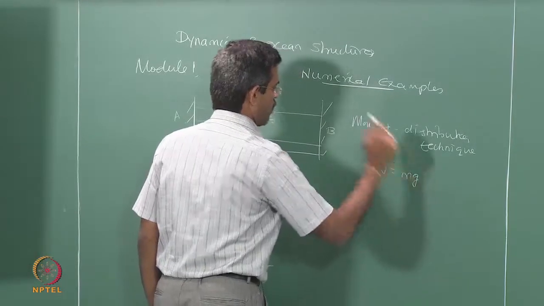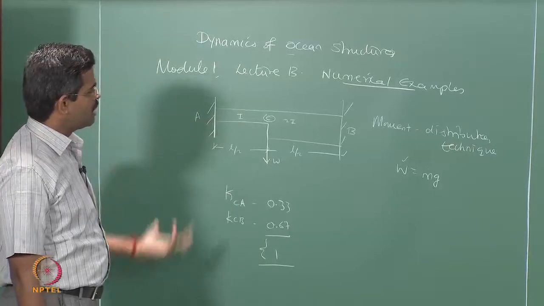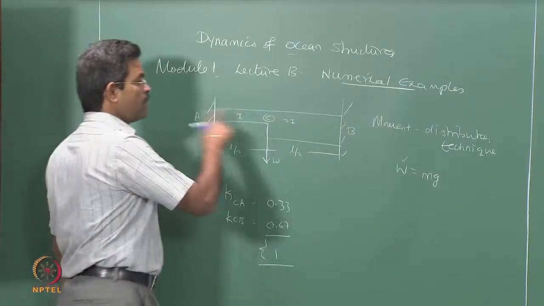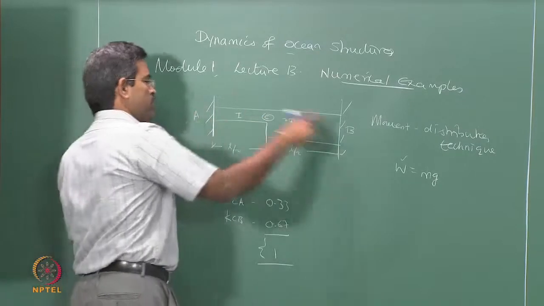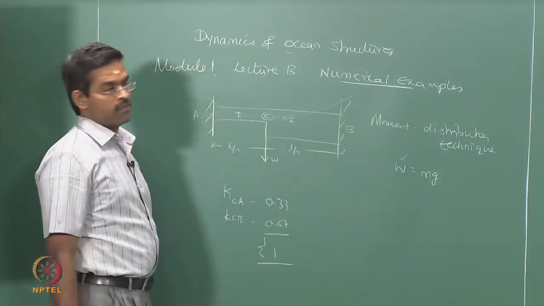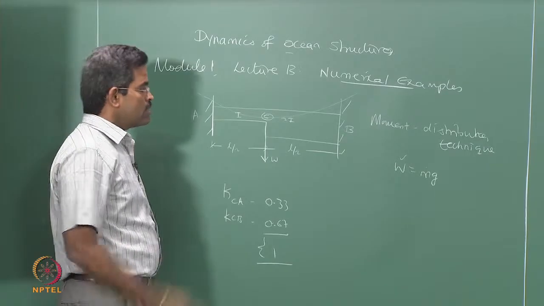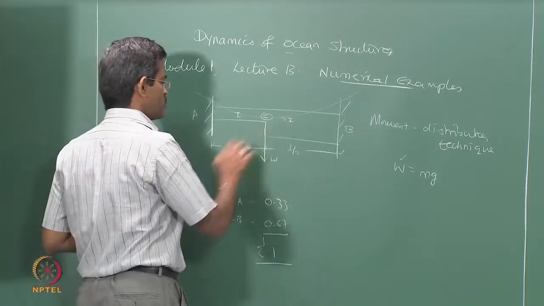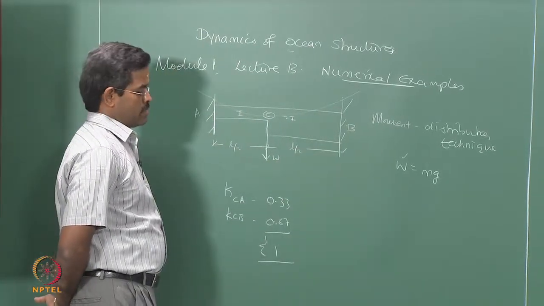So, if I know W, I can always find m, and for a single degree idealized system, if I know K equivalent of this, I can easily find the natural frequency of vibration caused to this beam because of the suspended load W. When you have both ends fixed and you are suspending a load, it is expected that the member will bend, therefore we look for a bending stiffness. In the earlier example we looked at the axial stiffness AE by L. In this case we will look at EI by L, but it is not going to be EI by L because there are two I's and two segments and support conditions are different. Therefore, we have to find out K equivalent in this particular problem.